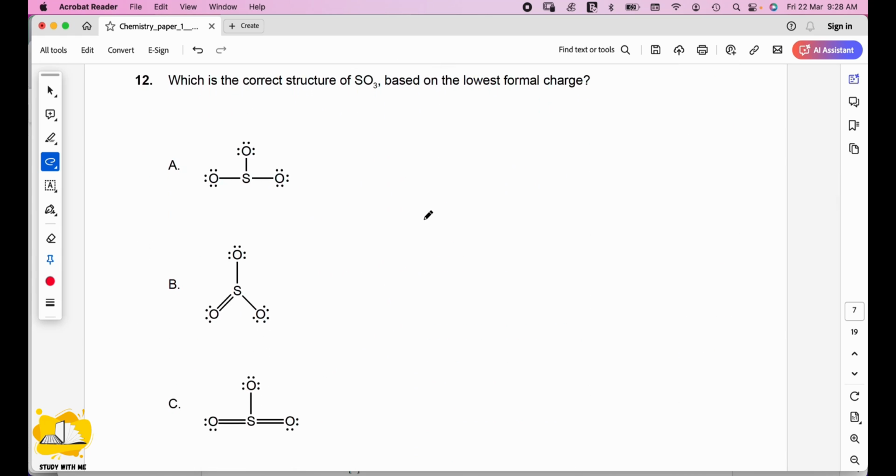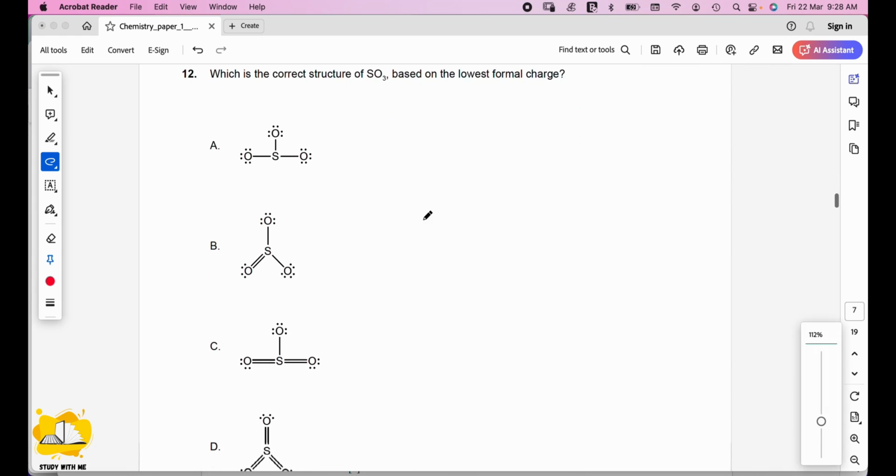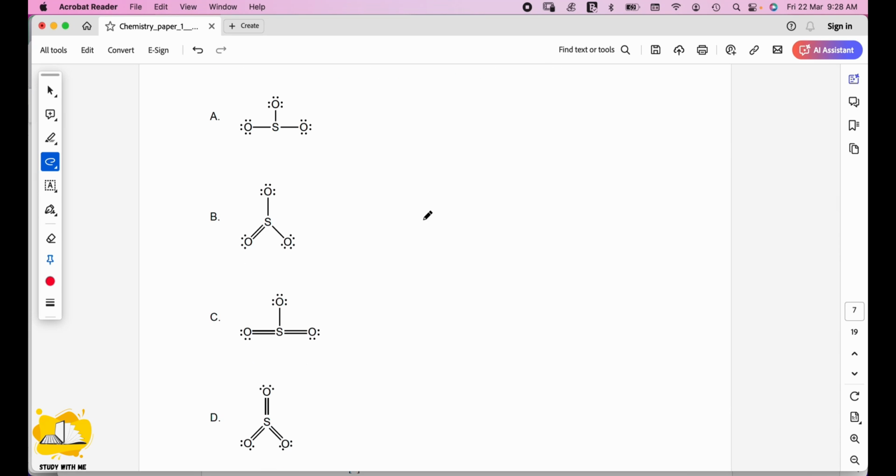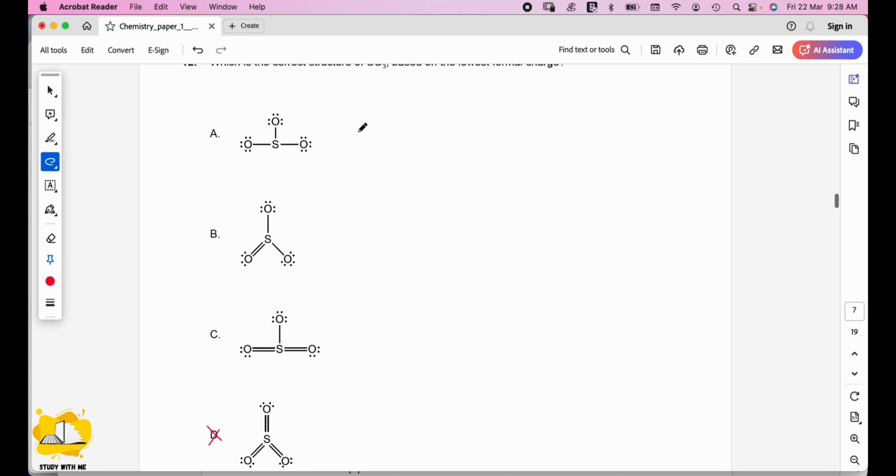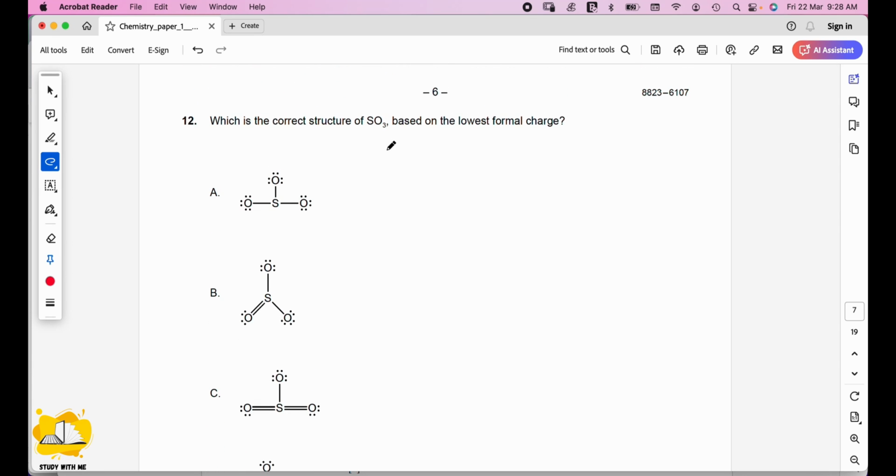And for number 12, which is the correct structure of SO3 based on the lowest formal charge, we will do a little bit of calculation here. So I will do a little bit of detailed calculation here so you guys can see why the answer is D. So to calculate formal charge, as you guys know,